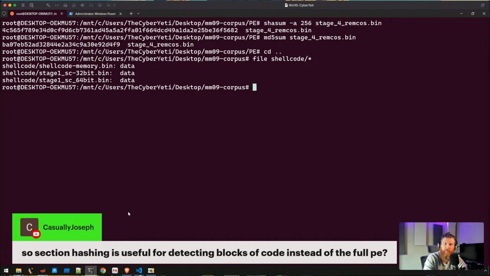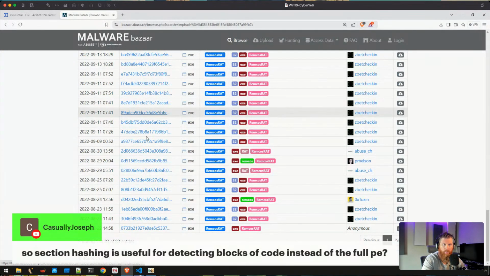I use them for archival purposes, right? I use them for labs. If I give you a lab, or it's common convention whenever someone writes a blog or shares some samples to say, okay, here's the hash of the thing I'm going to analyze, so if you want to follow along, you can go grab it. Hopefully it's on a place that allows you to download, such as Malware Bazaar.